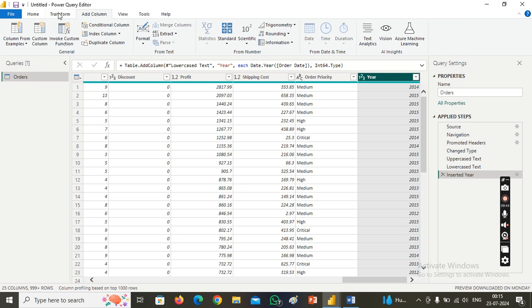the difference is when we do the modifications using the transform tab GUI options, the transformation is going to land on the same column which we selected previously. When we go with add column, the transformation is going to land on another new column. That's the difference between transform and add column. Okay guys,